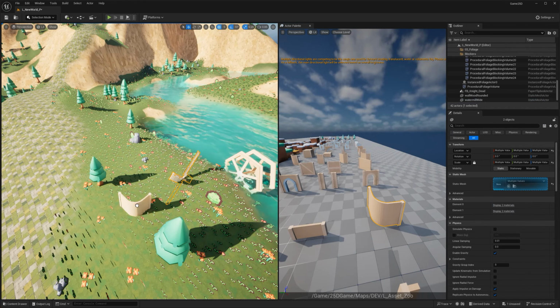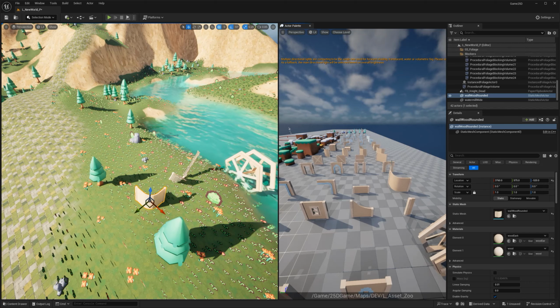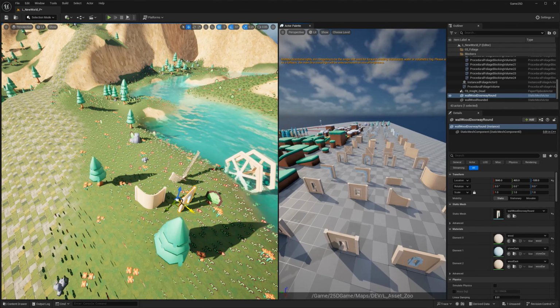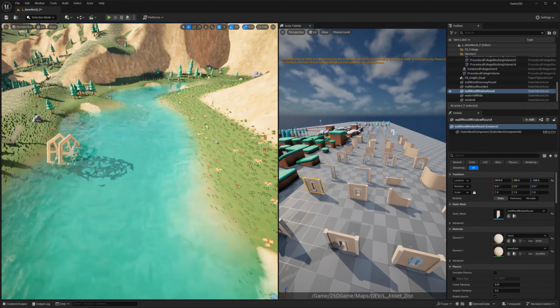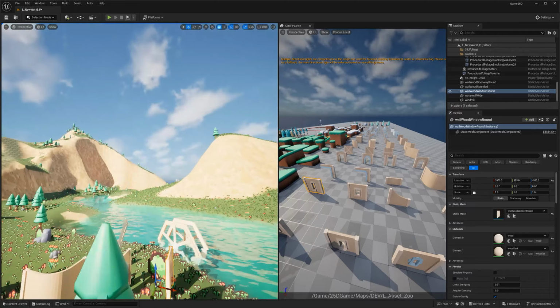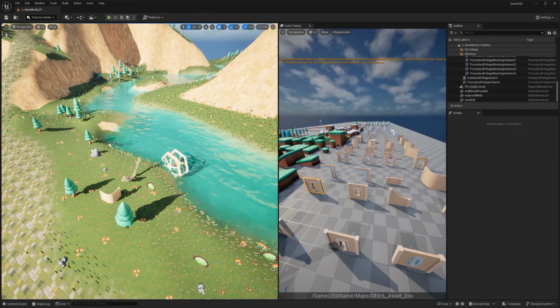So I can get one of this. I can get one of this. And I can get one of this. And if I've done everything right, I should be able to start building something. But because I'm doing this on another flat surface, here's another trick for you. Just create a plane.